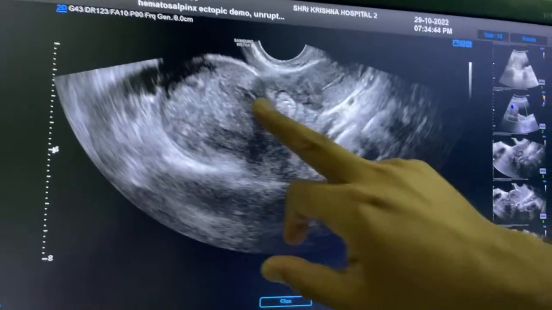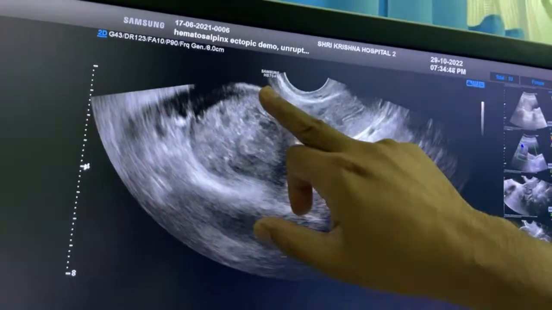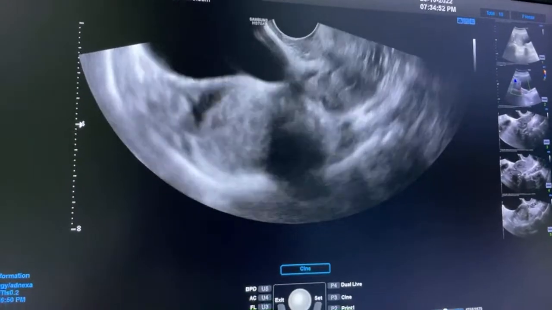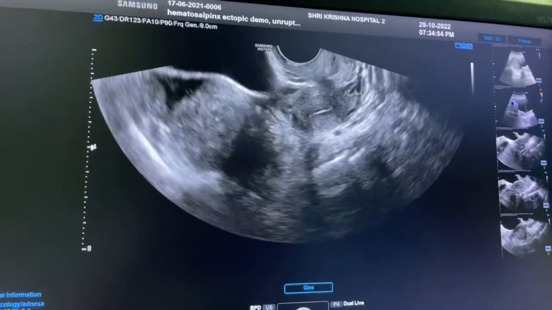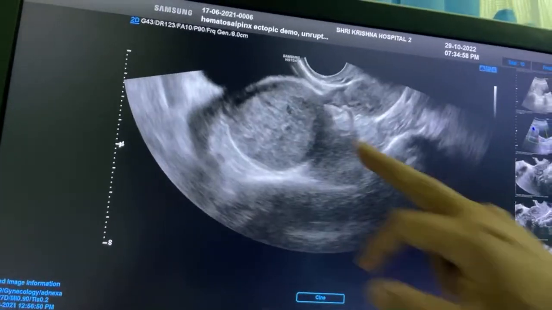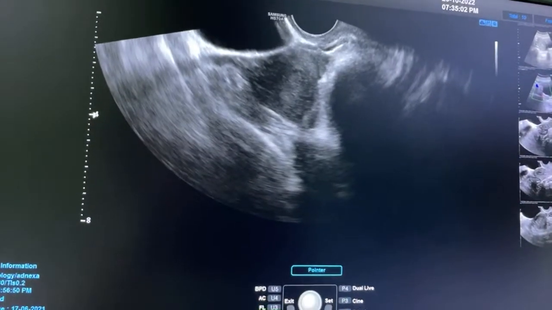You will be able to see it is echogenic and this boundary is slightly hypoechoic because it is the boundary of the tube. So it is an unruptured tubal ectopic, it has not ruptured, that's why we are not seeing much free fluid. See this again, so it is unruptured.